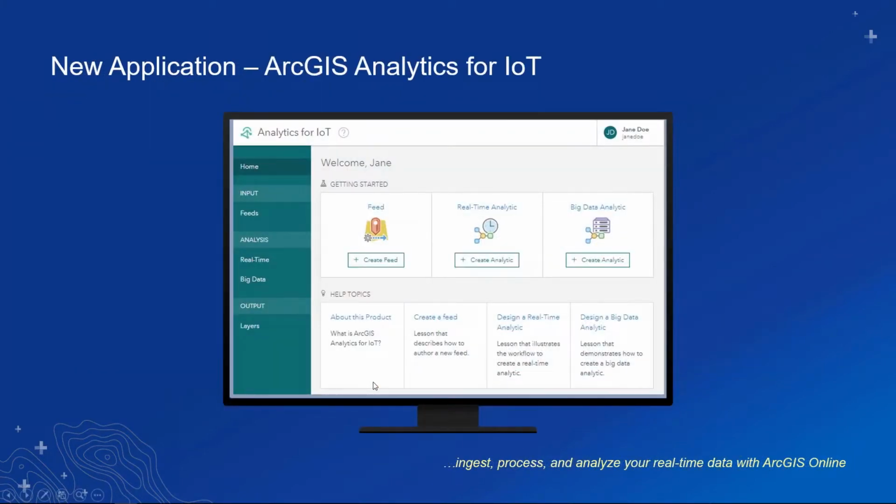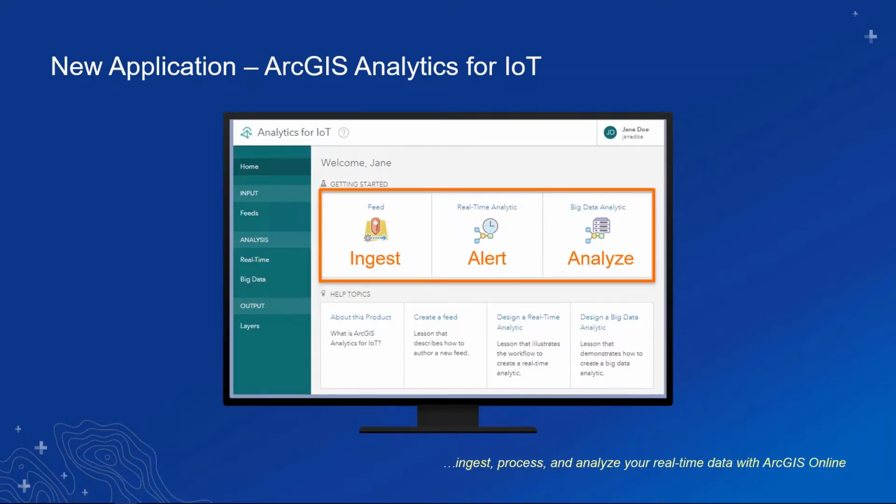The feeds and analytics that you configure are managed by the new Analytics for IoT web application. Overall, Analytics for IoT is very much an engine. It's a hosted capability that runs real-time and big data jobs in the cloud. And the app is a full-fledged authoring environment for those capabilities, but without requiring any development or programming. And these new item types, the feeds and the analytics, essentially represent those three common IoT challenges for ingestion, alerting, and analysis. And the way you can combine these together provides an extensive level of flexibility to tailor the application in this analytical engine to meet your needs.